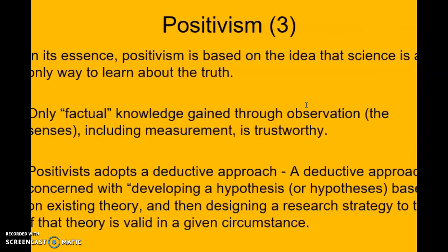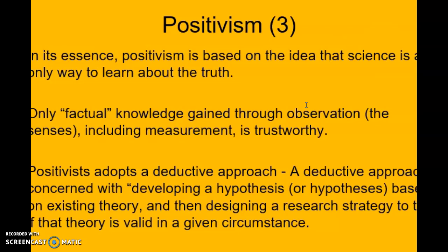And people that ascribe to this philosophy also adopt what we call a deductive approach. A deductive approach emphasizes that you would develop a hypothesis first based on an existing theory, and then you will design what we call a research strategy to test that theory. And there are several theories that are out there. Like in the physical sciences, we have a theory about the law of gravity that states that whatsoever goes up must come down. And so if you throw a stone up, there is that expectation that given all